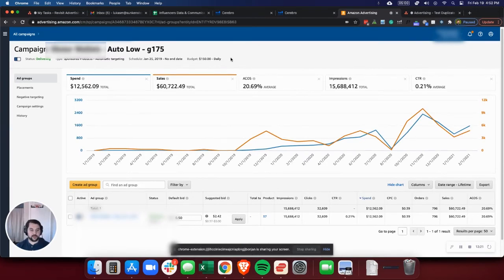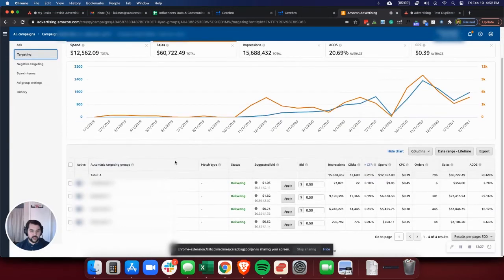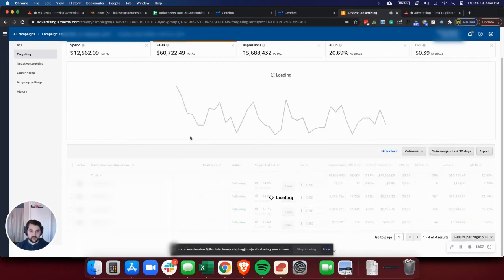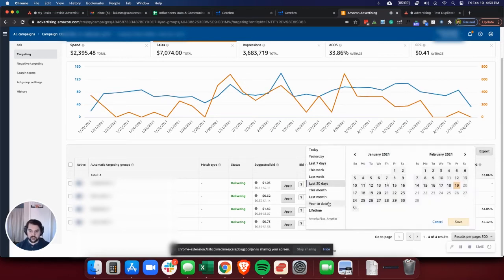The last thing I'm going to show you is this nifty little breakout. So they have all 4 of these: complements, substitute, loose match, close match for these automatic campaigns. I'm looking at an automatic campaign right now. So what we're going to do, last 30 days, we're going to see where everything's stacking up. So I'm going to look at what this is February. So I'm going to go custom date range. I'm going to look at the last